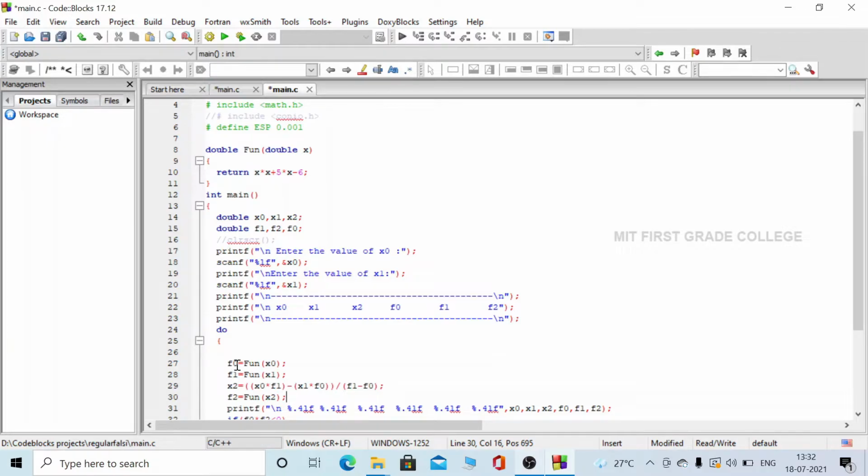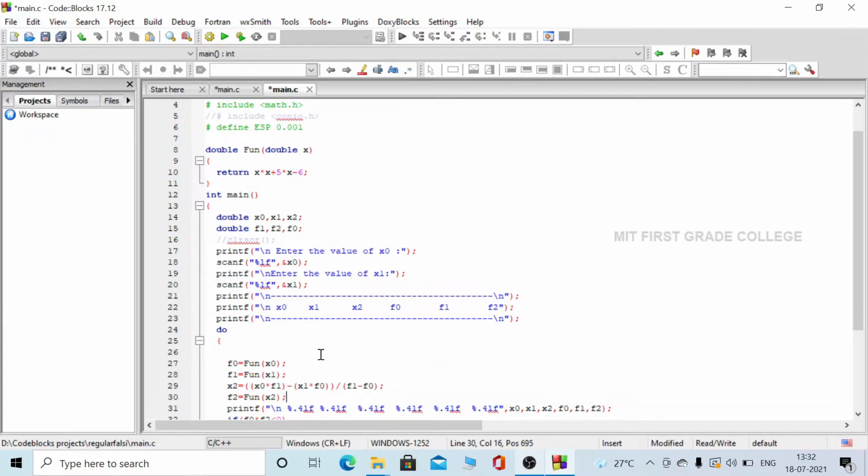So we have to initialize f0 and f1. Then again the function is called for the value of x2, and the value is stored in f2, and that is initialized.